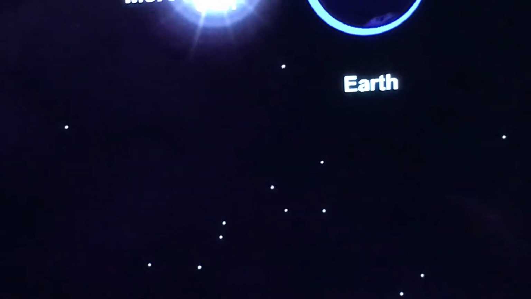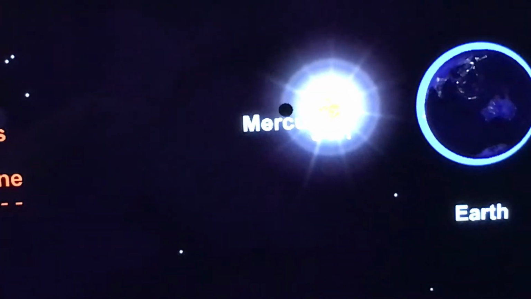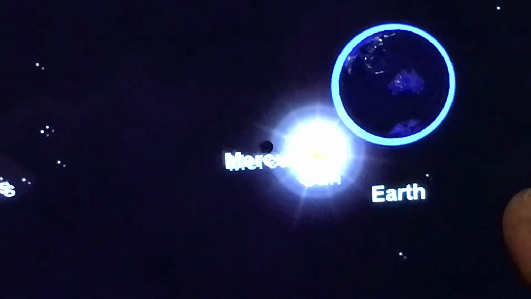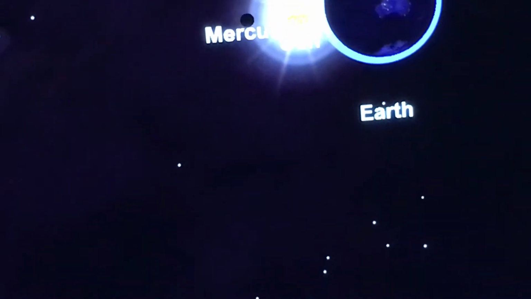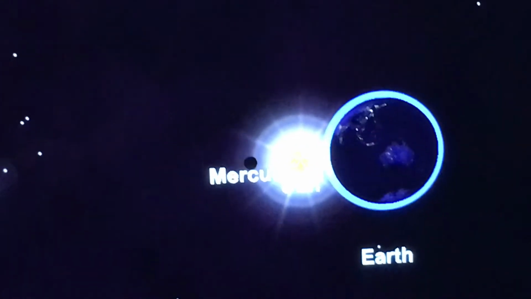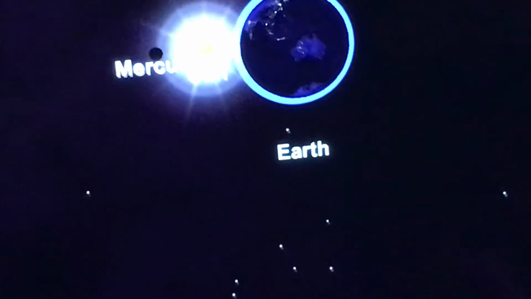Okay, I'm gonna stop it there. That's not the moon you see right there. That's Mercury. It says so underneath. But I'm going to move the Earth back over a bit. Try and keep the sun. Trying to watch your screen and this screen at the same time. Okay, now the whole program moves. The sun moves as the Earth rotates around the sun, and the Earth moves as the moon rotates around it. So you've got to line it up. So it works good. So there, the sun, again, is roughly, a little bit low, I guess.